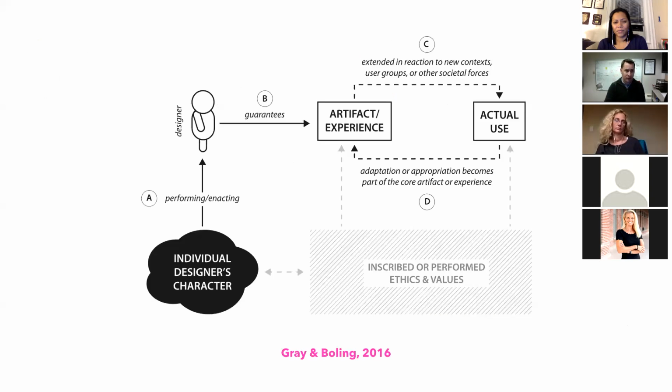What I'll close off with is this diagram, which is from the Gray and Boling 2016 piece. And this is one of the first times that Elizabeth and I were starting to work through what are all the pieces that are at play that make design so difficult, and what are the pieces that make ethical design even more difficult to capture. So this is still a work in progress. This is what we published. I draw different versions of this depending on the week.